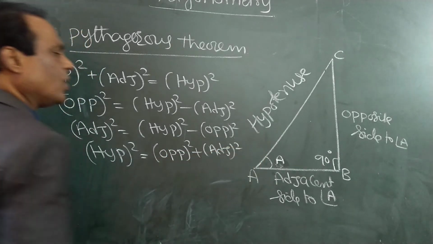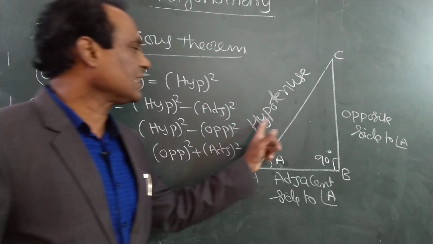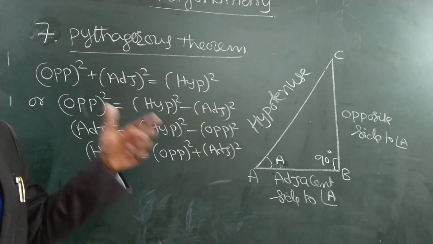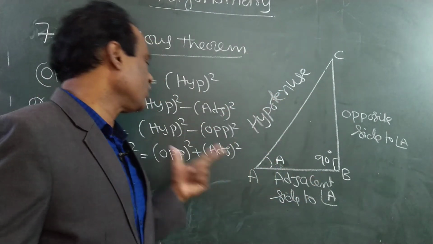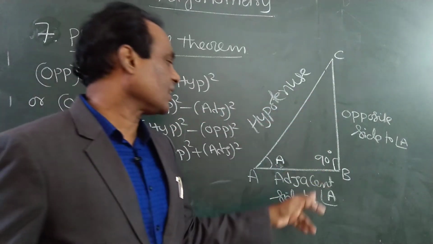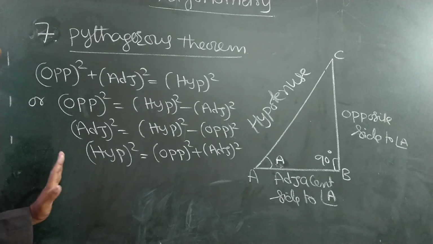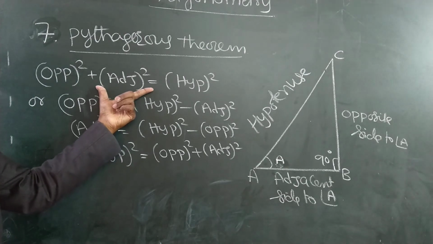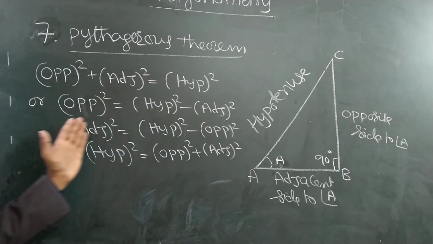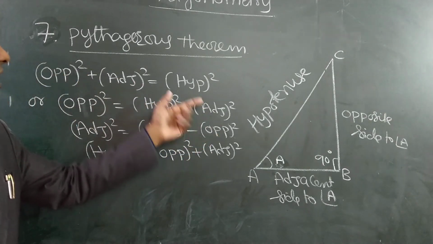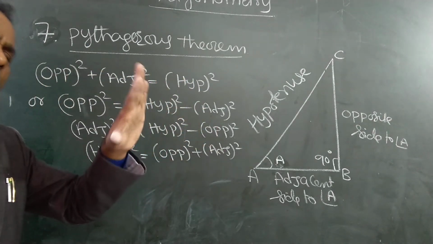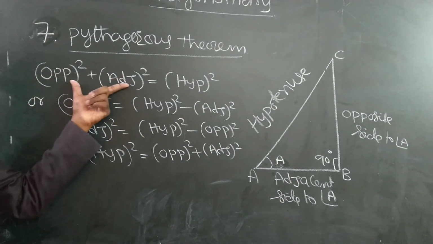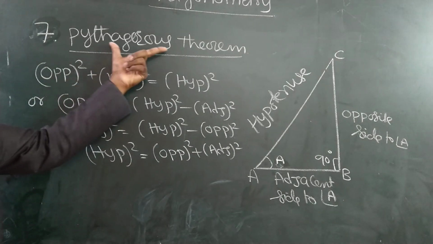See, this is a very important theorem which is useful for finding the sides of a triangle. When two sides are given, to find the third side, not exactly in the form of a ratio, we can use this principle. So if two sides are given, we can find the third side by using this formula. Opposite square plus adjacent square is equal to hypotenuse square. This is the basic formula. I can take this to the right side, or I can take the opposite to the right side, or I will write hypotenuse on this side. Same formula, only I have written it in 2-3 different ways. This is a very important rule, called the Pythagoras theorem.